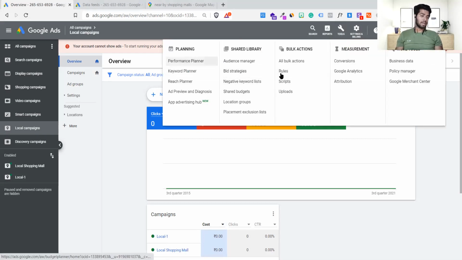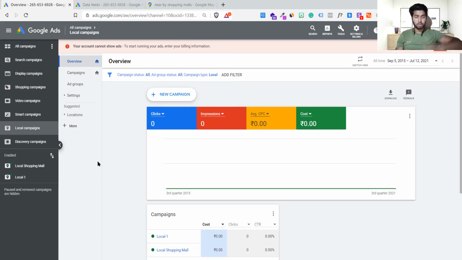Rules is something that, guys, you can automate everything. You can automate almost every possible metric inside it. If cost per conversion is going low, you can pause the campaign. If it is not working, you can increase your bid. You can sleep tonight. You can take a break for a week, and you can keep that running without any interference.